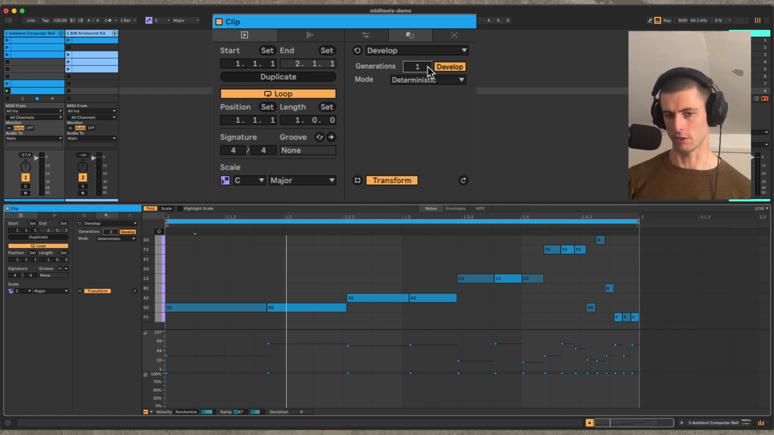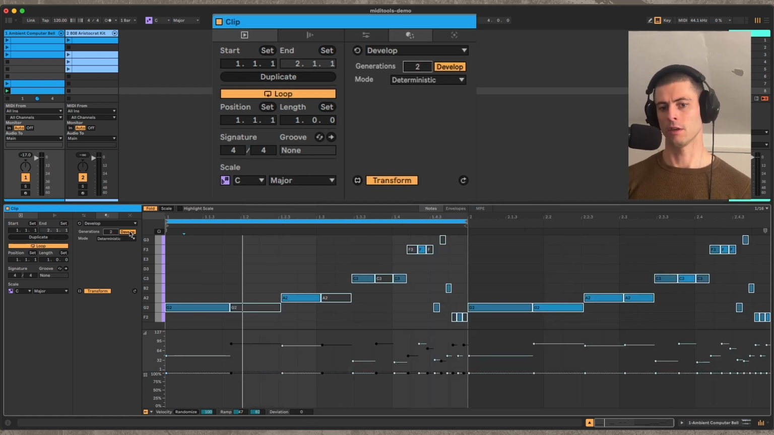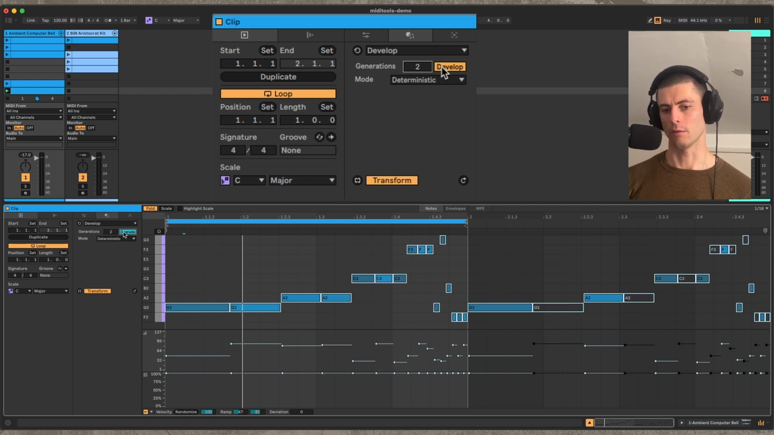out is this generation. So if I say 2 generations, right now I'm fading in, and you can see that there are several muted notes. If I wanted to fade out, then I would just switch this and it would go the other way. I can also